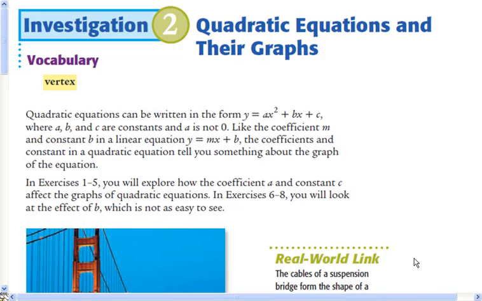Hey students, this is lesson 832. We're going to look at some quadratic equations and their graphs and see if we can figure out what making a little change to the equation will do to the graph. I'm going to skip right to